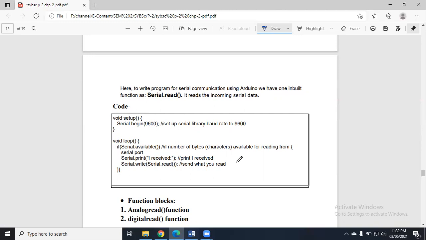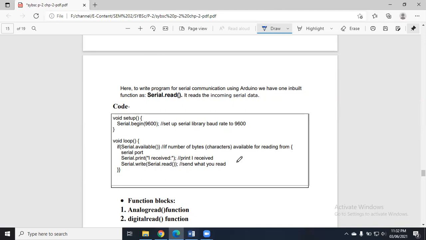If you want to establish serial communication in Arduino, then what type of program should we write? The first thing is that Serial.read is the function which we are going to use. There are multiple functions. We have seen analogRead, analogWrite. The next function we are going to deal with is Serial.read. Now what is Serial.read? If you want to read data which is coming serially, in Arduino we have serial communication, and whatever data is coming serially, we have to read that data. For reading that data, we have to use this Serial.read function.